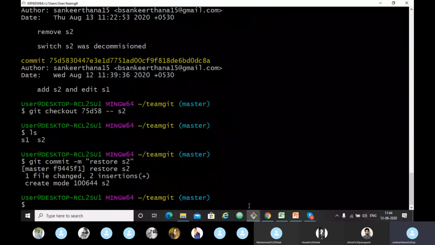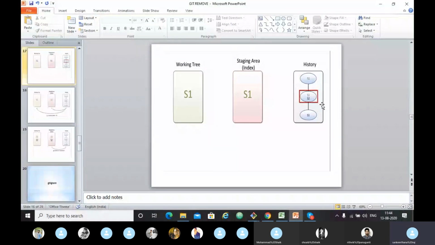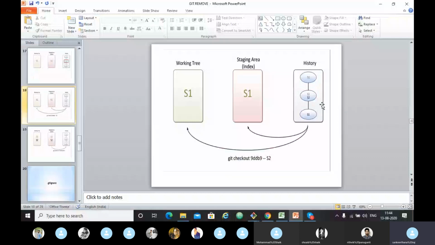So let's see the diagram here. We have restored the S2 file from here. What we did till now is restore S2 with the command git checkout, the 5 letters of the hash, dash dash S2, into the working tree and the staging area.